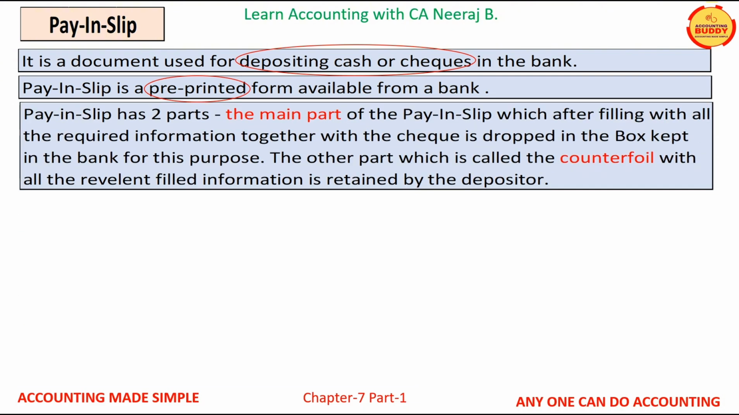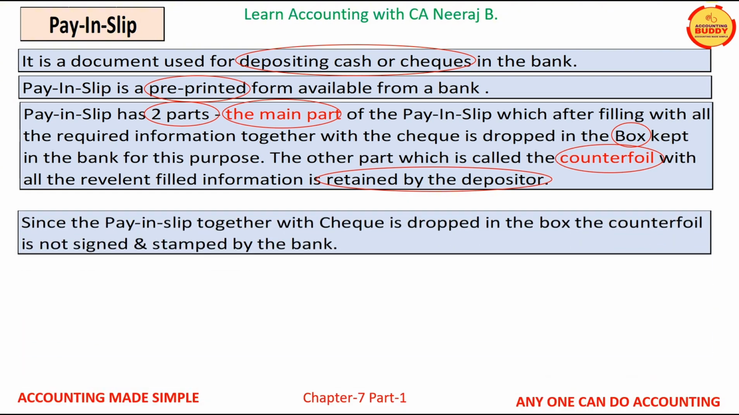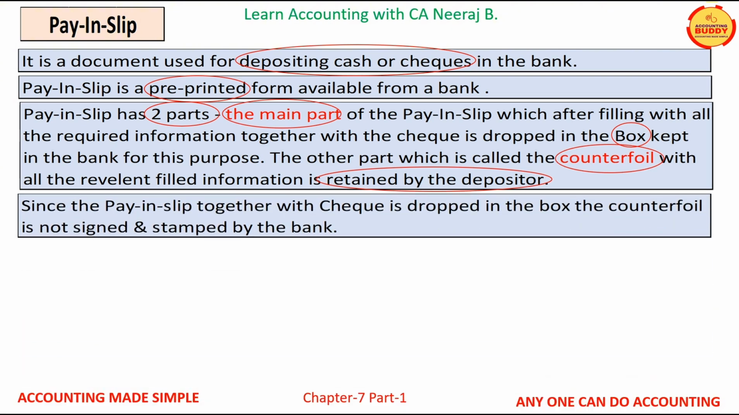The main part of the pay-in slip, which after filling with all the required information together with the check is dropped in the box kept in the bank for this purpose. The other part is called the counterfoil, which with all the relevant filled information is retained by the depositor. Since the pay-in slip together with the check is dropped in the box, the counterfoil is not signed and stamped